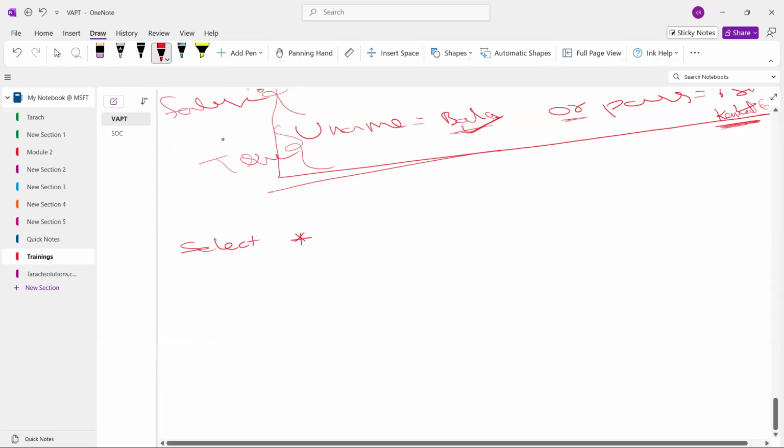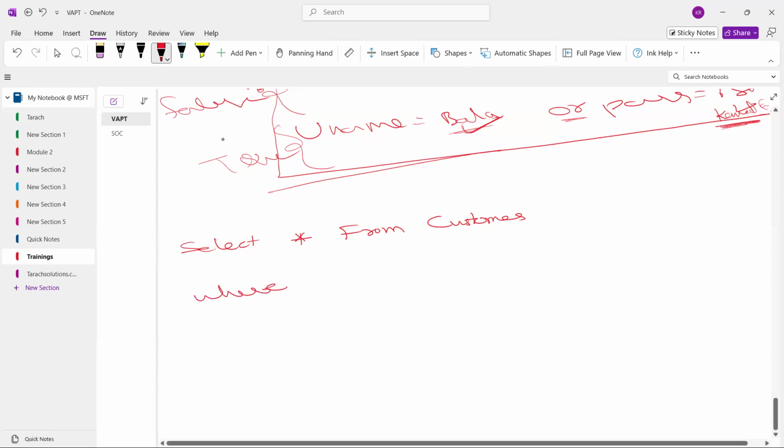What does this mean? Asterisk means all. Select everything from the customer table, let's say, or credentials table, where,